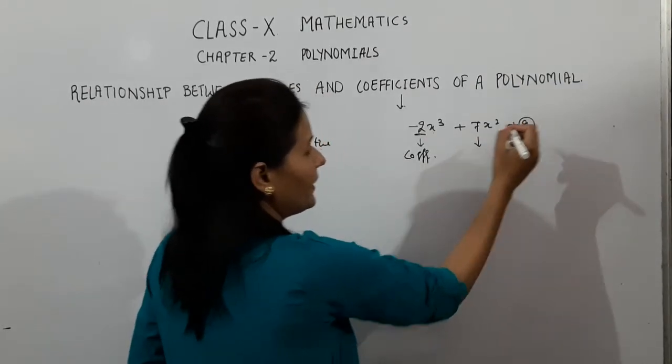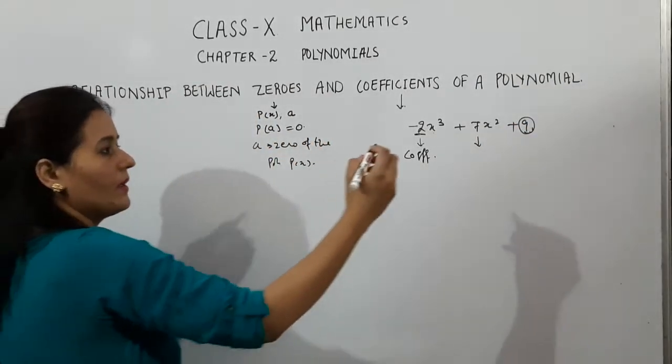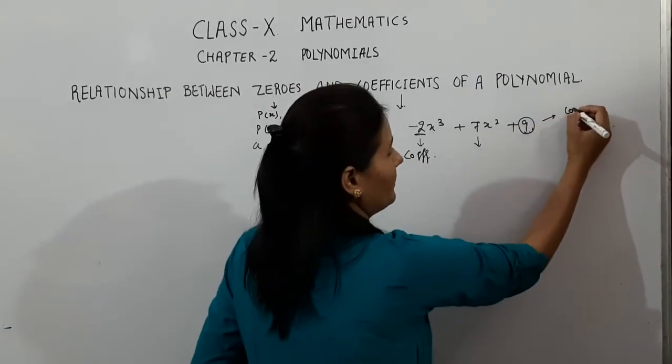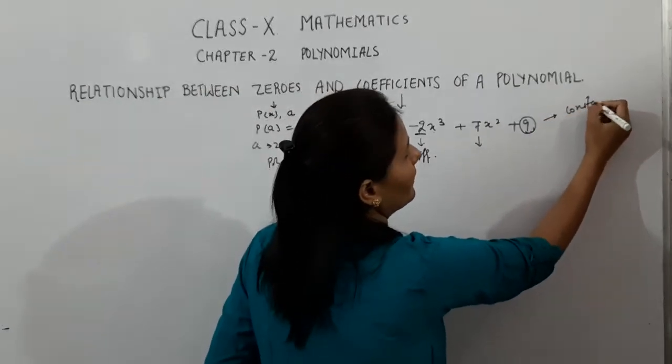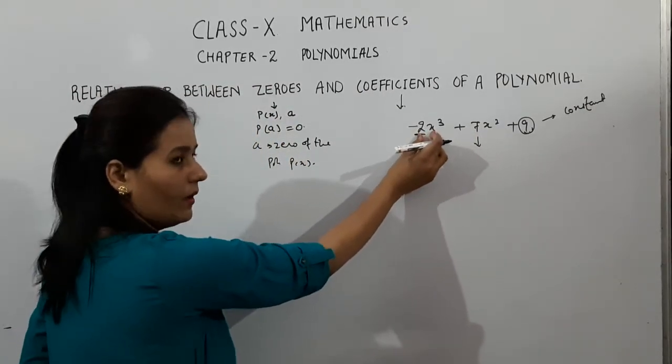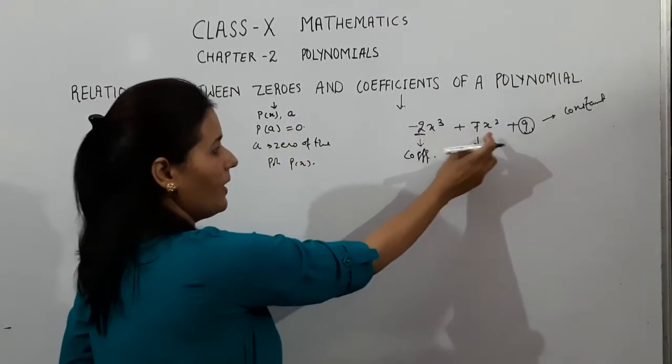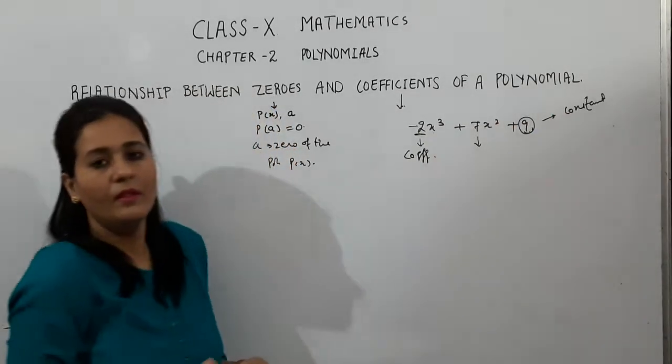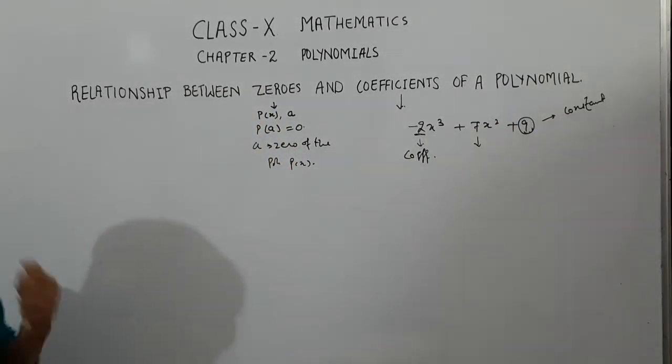And this term without a variable will be considered a constant term, just a constant. Because these constants are written along with the variable, they are coefficients, and without the variable it is a constant term. Okay, now